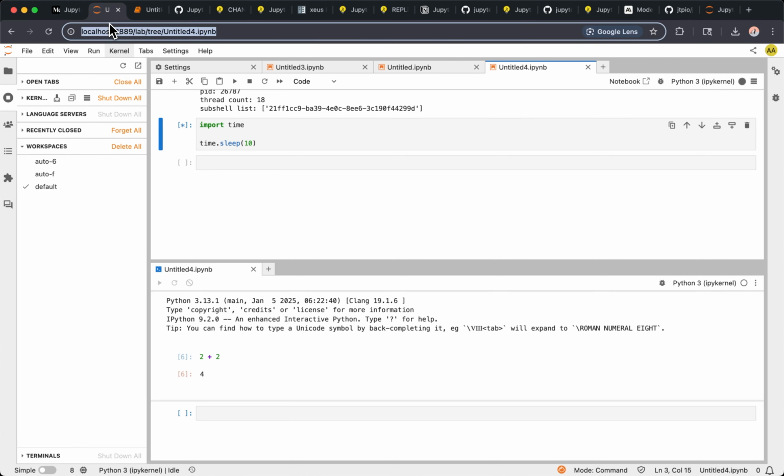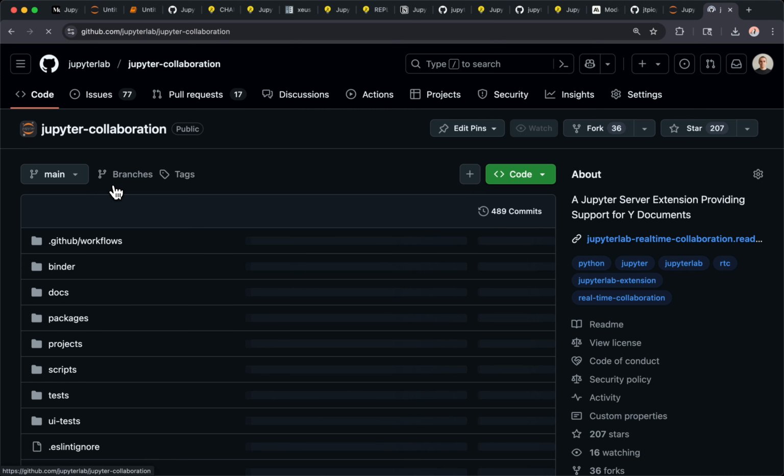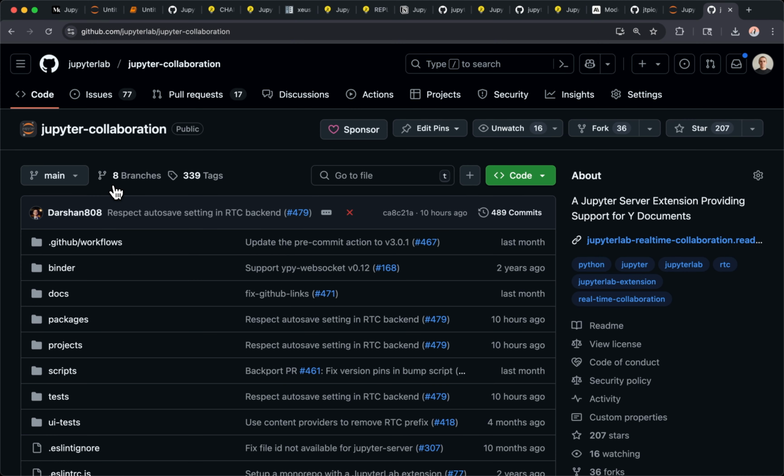For collaboration, you need the Jupyter collaboration package. It's handled by that package, which sets up the provider so that the different peers can talk to each other and find each other. You could imagine different ways to enable collaboration. We were also thinking about using WebRTC instead of having a WebSocket handler in the server, so that's something that could be explored at some point.